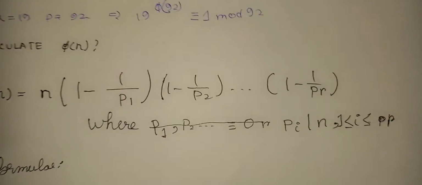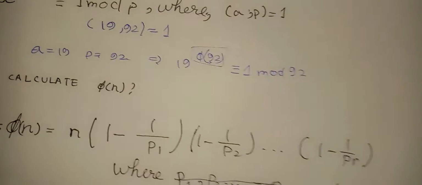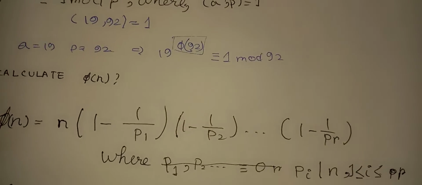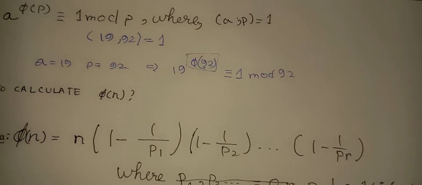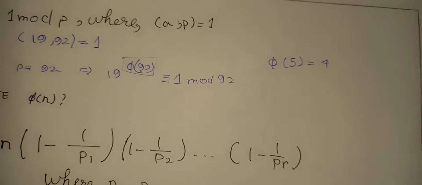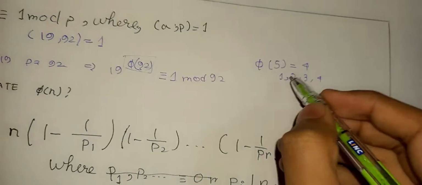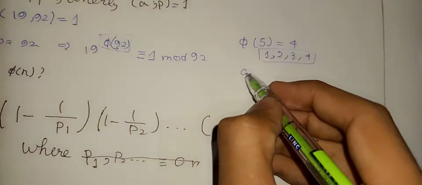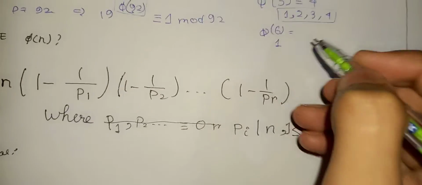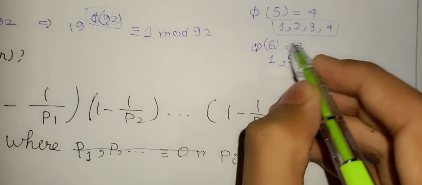Now we are getting to the question. How do we calculate this, and what does it mean? The totient function of 92 refers to the number of all the integers lesser than 92 which are co-prime to it. For example, the totient of 5 is 4 because 1, 2, 3 and 4 are all prime to 5. But for the totient of 6, 1 is co-prime to 6 but 2, 3 and 4 are not, and 5 is, so it's just 2.